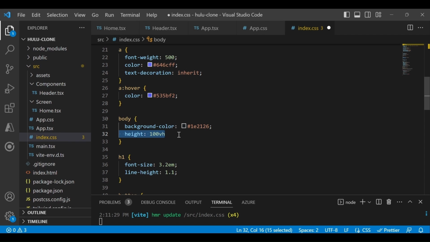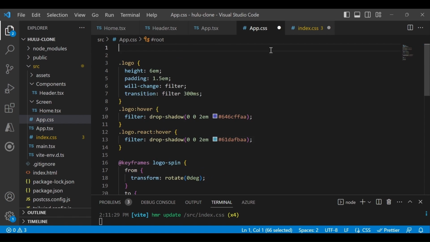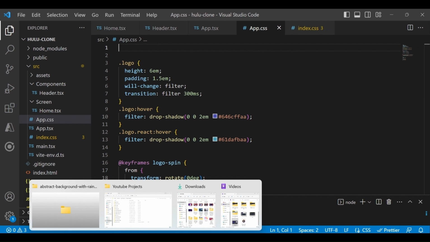Okay, we will change it later if needed. Then go to the App.css file. We have this #root style. Just remove this one, we don't want it. And if you go back to our application now, you will see the black background, and the header text here, right? Right now its color is dark, so it's not visible, but our text is here.